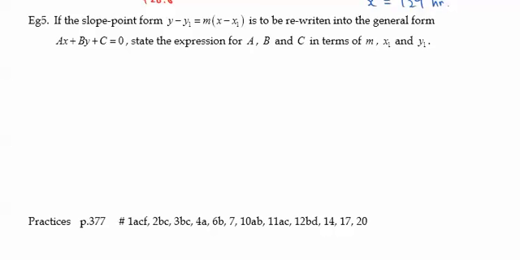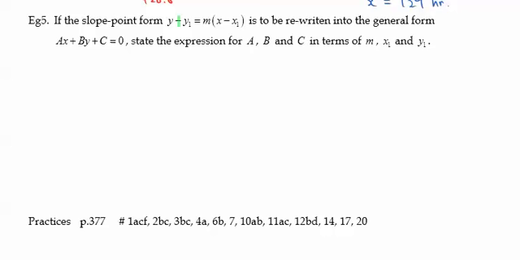In example number 5, they want us to start with the slope point form, but they want us to rearrange the term so that it will turn into the general form. For now,